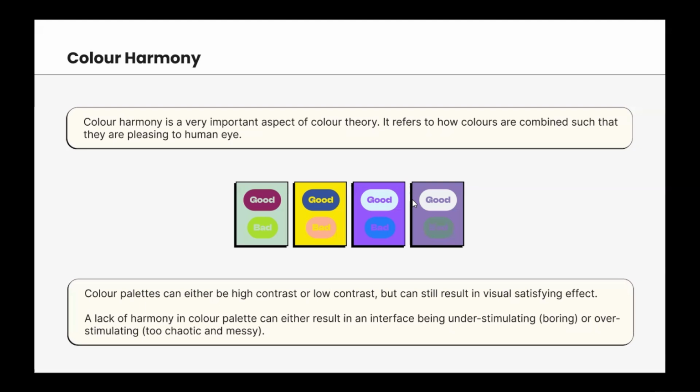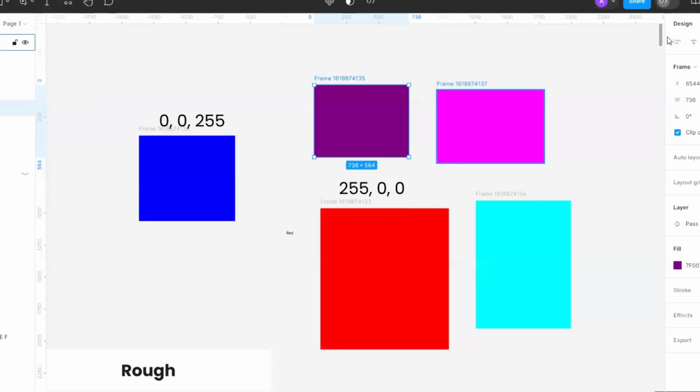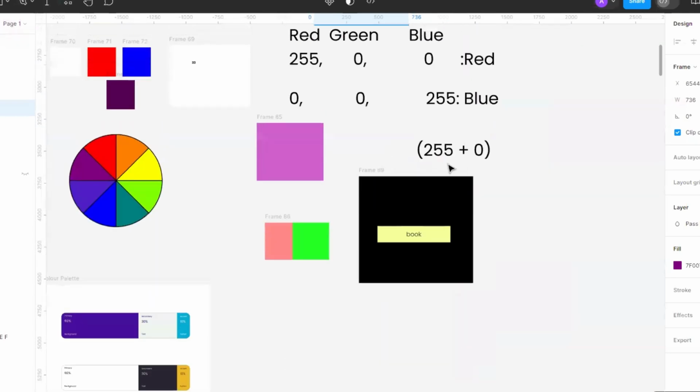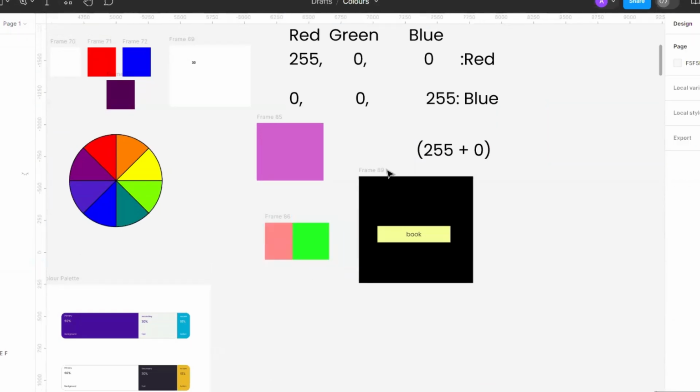Overstimulating colors are colors that are clashing. They could be overwhelming and chaotic. So mixing these chaotic, overwhelming colors in your design could cause discomfort or stress on the eyes. An example is mixing a bright red and a neon green. I have a sample of this. So using this is a bright red and a